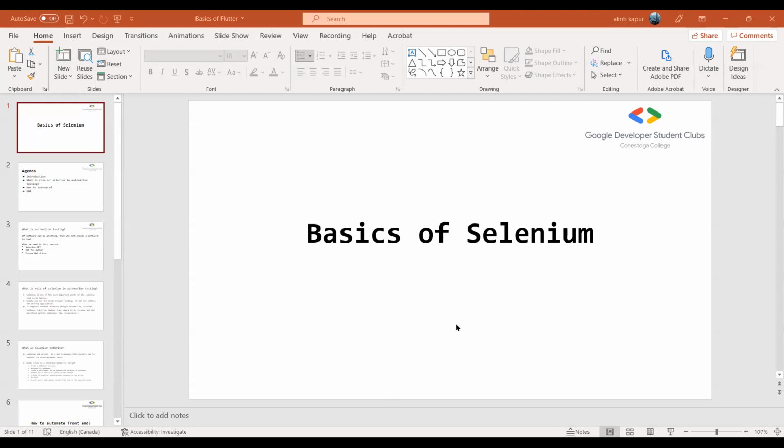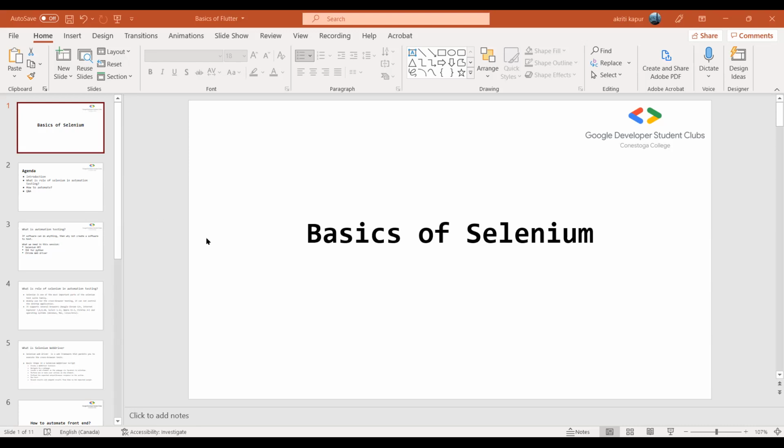So for today's session, we are going to understand how we are using Selenium for automation. Basically, it's mostly about automation testing. We can say there are two categories of testers. Either they can be a manual tester, or they can start automating their processes and applications to utilize their resources in a better way.